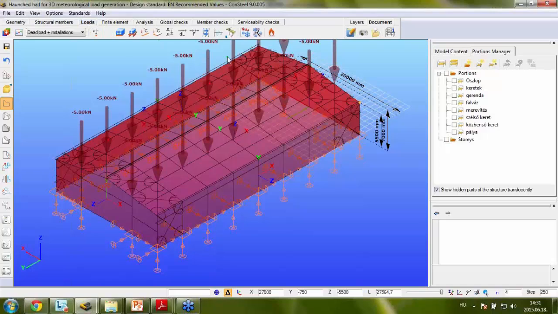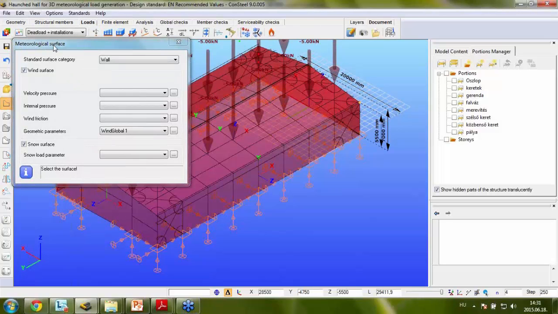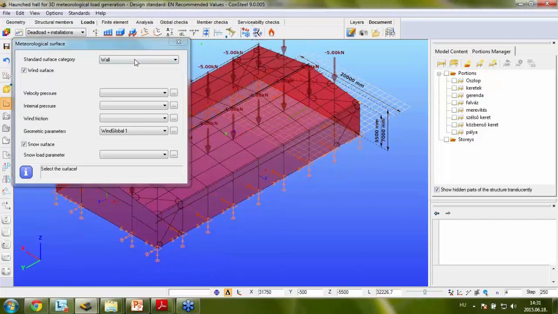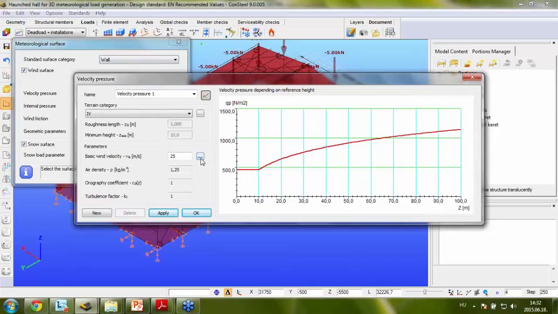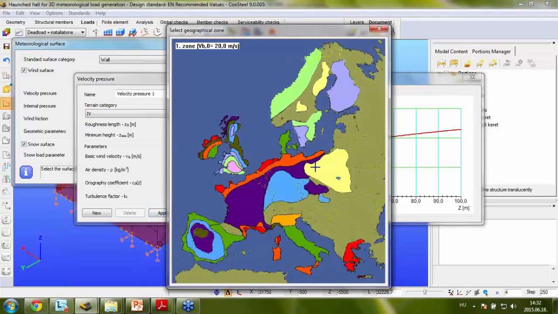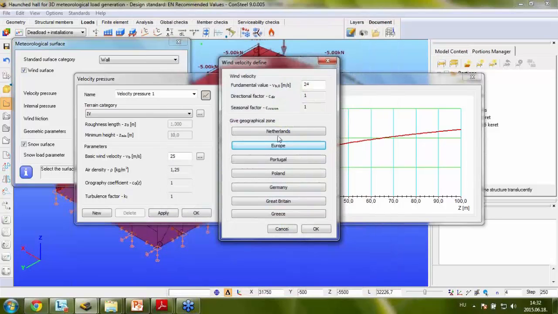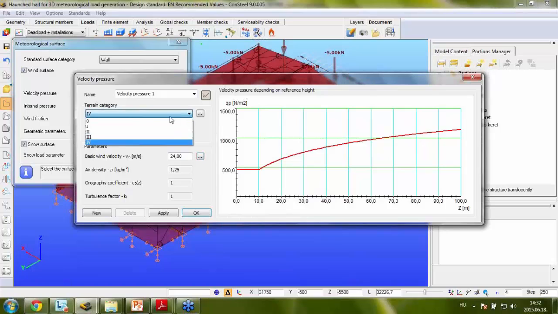So the next step is to define these load transfer surfaces, which we just drew, as meteorological surface, whose icon can be found here with the airbag and the snowflake. We have to set the surface category, which is going to be a wall, and the velocity pressure, which works the same just like before on the 2D line load generation. We choose a fundamental value of the wind velocity. Click OK. Choose a terrain category